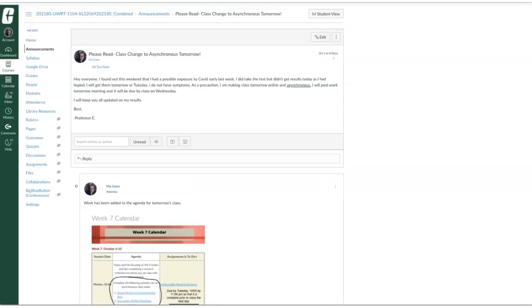Hey guys, so as you remember, I sent out an announcement this morning just letting everybody know that I had a possible exposure to COVID early last week, and we just found out the person tested positive this weekend. So I took the test. I don't have my results back. I don't have any symptoms. I feel like I'm fine,